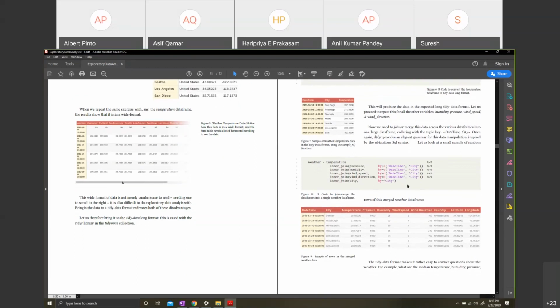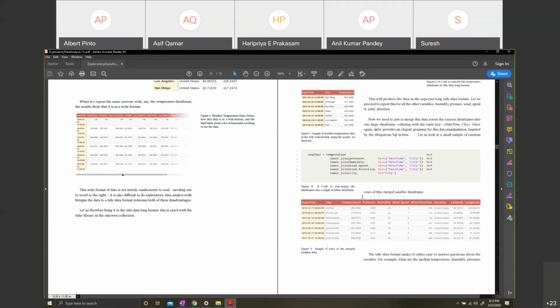If it was SQL, you would say temperature, inner join on pressure, inner join pressure on blah, blah, right? On this field. It's a very similar syntax. You do the join, and at the end of it, you end up with this complete table, which is still in the tidy data format. It's a long table with lots of values, because as you can imagine, the combination of date, time, and city will give you a lot of values. You put all those values together, and you get this table.